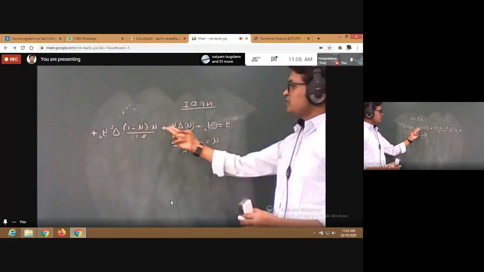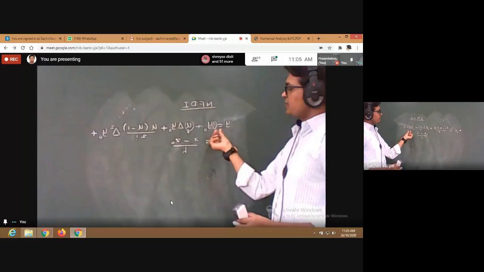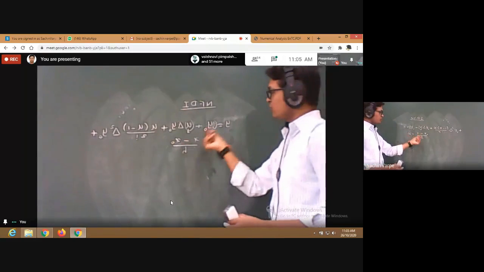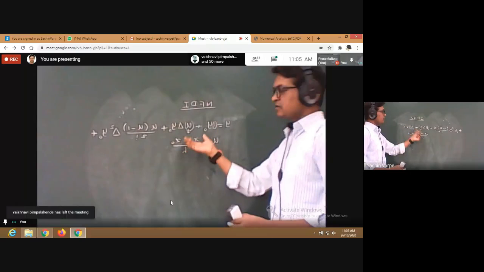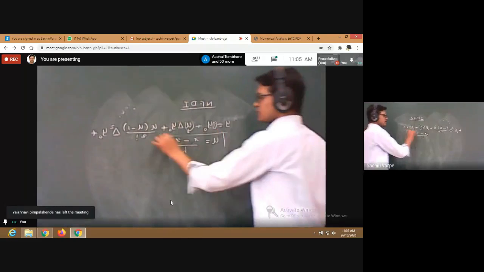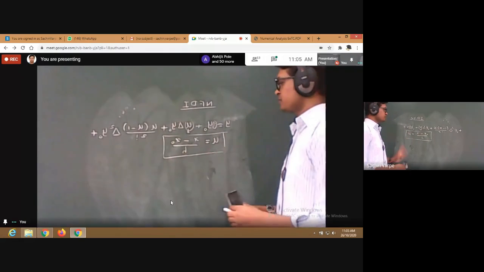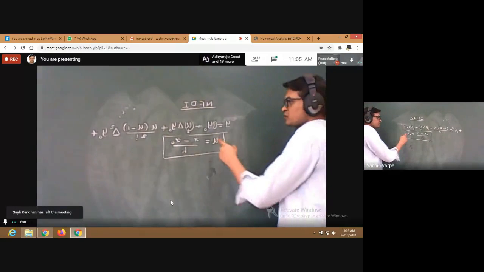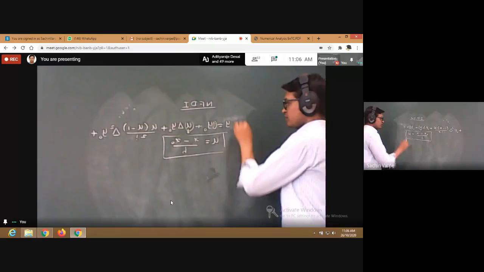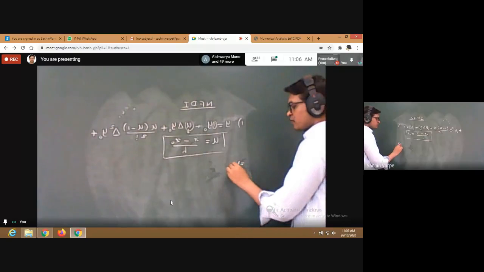Actually, u is there, and if x is given, then you may be confused about where x is. So if you write the formula of y in terms of x, then you can directly substitute the value of x. u is nothing but indirectly x only, and that is called the step deviation formula in statistics. Anyways, is there any doubt with Newton's forward formula? No, sir. Okay.